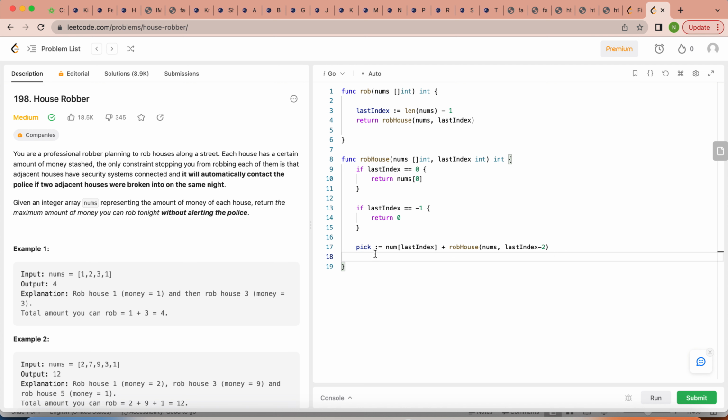So in that way, this function will keep jumping the item, and we take that item, we consider the item. And the not pick is something like, in the case of not pick, we'll just go to the recursion, but we do not consider any item there. So let's say 0 here, and then we can use robHouse with nums, last index